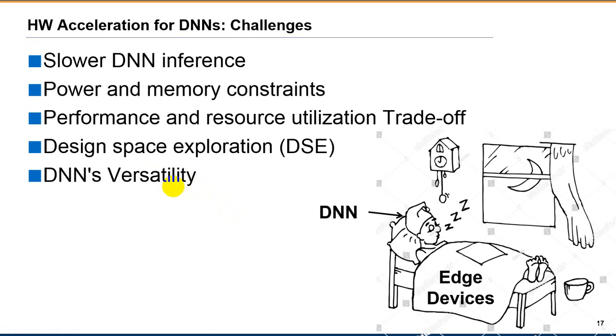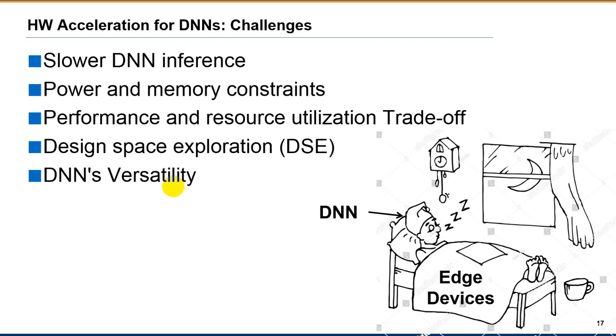So therefore we perform design space exploration for this. We can say, to find optimum parameters for the hardware, and to port, we should make hardware which is friendly for the DNNs.